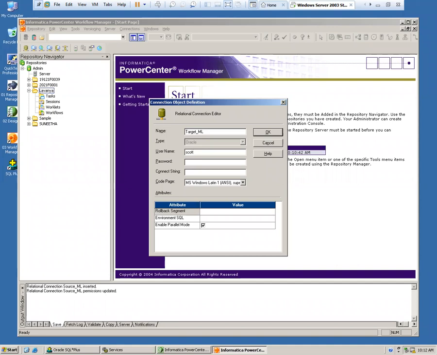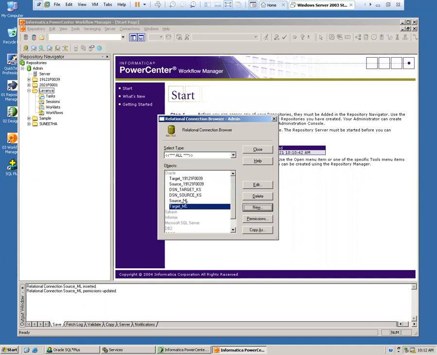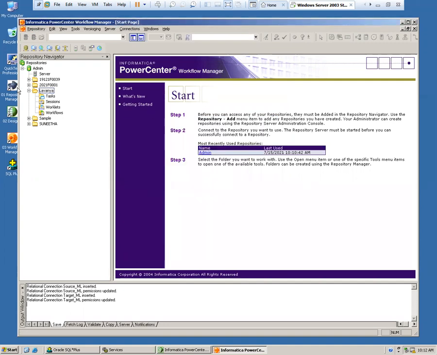What is the password? Tiger. What is the connection string? Oracle. I click on OK. So I have my source connection and I have my target connection. I close it. Yes. Now, coming to your workflow manager, you have a tools menu option where you have a